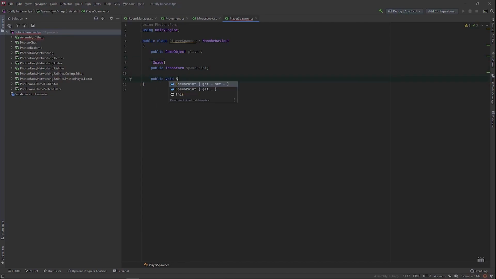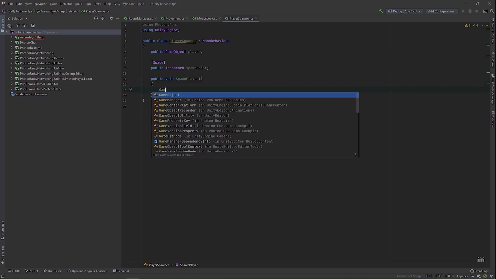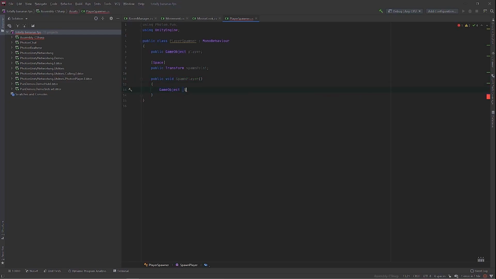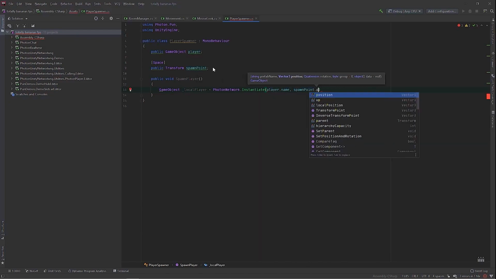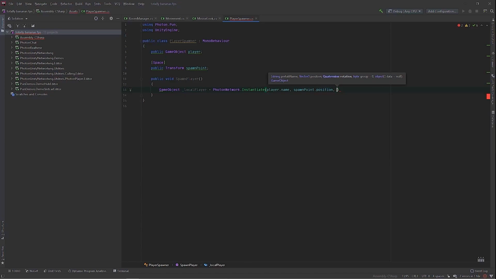Make a new public method called SpawnPlayer. And in here, do GameObject localPlayer equals PhotonNetwork.Instantiate(player.name, then our spawnPoint.position, and then Quaternion.identity).